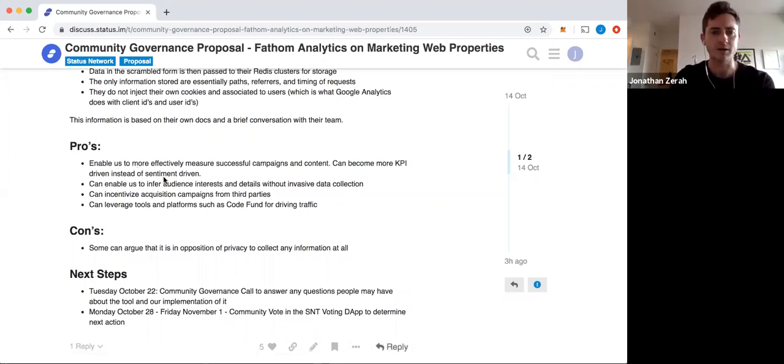So once again, we can be more KPI driven. We can learn more about our audience, not through direct data, but just through inference and information that we collect over time. And we can incentivize acquisition campaigns through third parties with S&T specifically. That will drive further acquisition. And then we can finally start to leverage tools and platforms such as CodeFund, which is Gitcoin's privacy ad platform. They simply need some sort of metric, it's not a cookie, but it's data on our website that tracks clicks, and we can actually start to run those ads across their ad